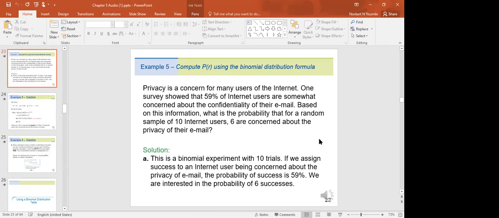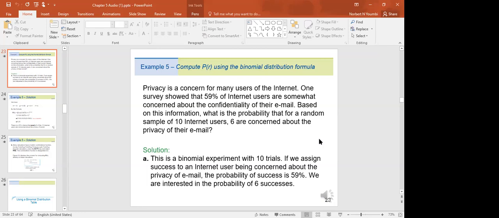Let's look at this example. Privacy is a concern for many users on the internet. Our survey shows that 59% of internet users are somewhat concerned about the confidentiality of their email. Based on this information, what is the probability that from a random sample of 10 internet users, 6 are concerned about their privacy? So,